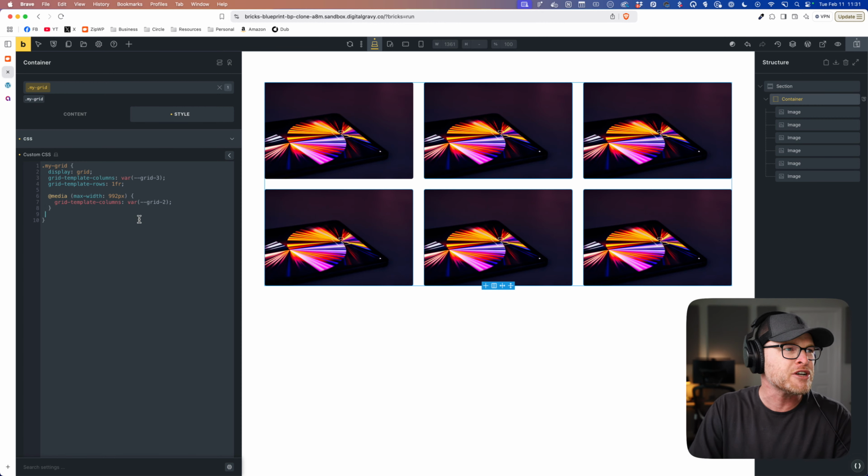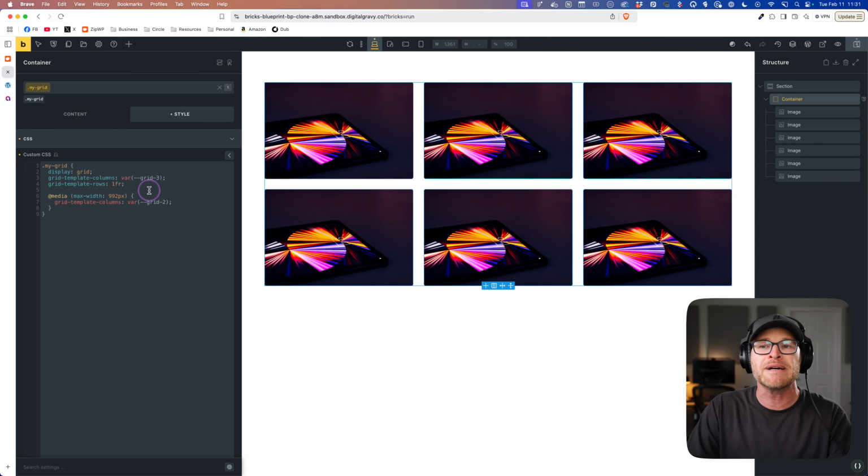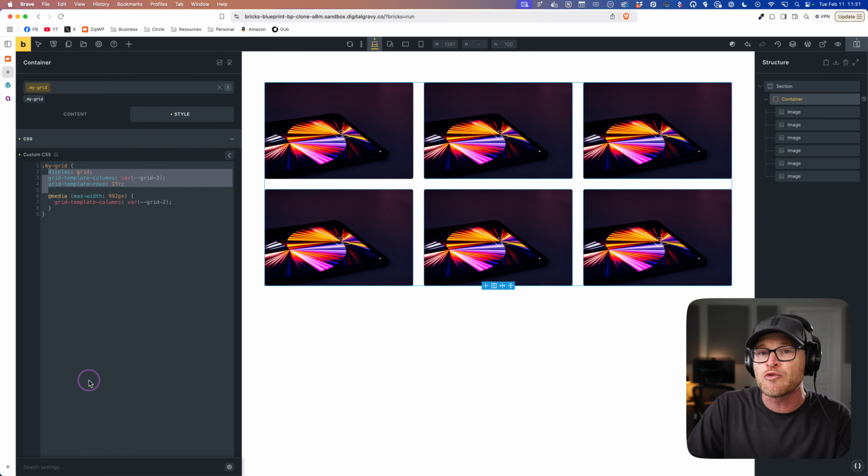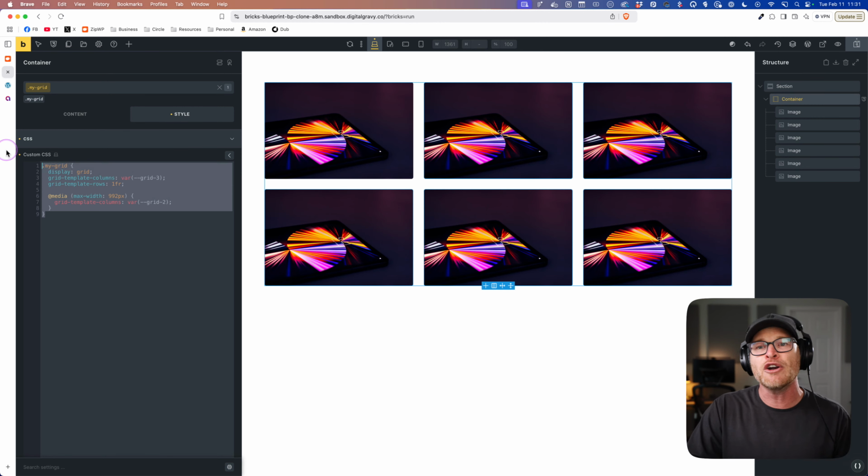All right, so that was a little side quest that we went on. What were we talking about in the first place? Yes, the CSS first workflow. Well, you're seeing it, right? It's like now I can just go here, I can write all my CSS. Some of it I don't even have to write, because if there's a recipe for it, I just pop in the recipe. Like auto grids.